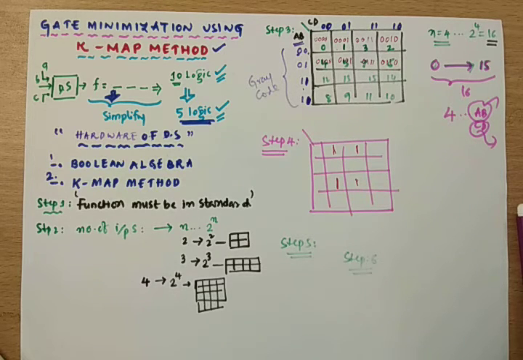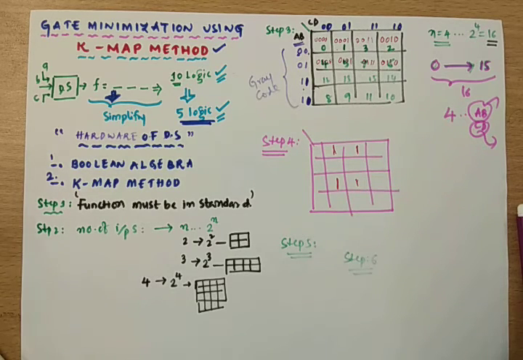By minimizing the Boolean expression into its simplified form, we can reduce the hardware required for that Boolean function, and by reducing the hardware of the digital system, we get other advantages: the speed of the digital system will increase, the size of the digital system is going to reduce, and the power consumption is also going to reduce. That means by simplifying the Boolean expression using the K-map, indirectly we are reducing the hardware requirement of that digital system by reducing the number of logic gates.